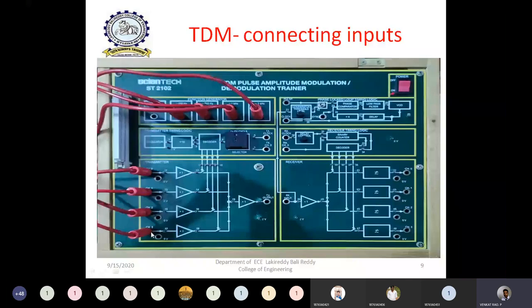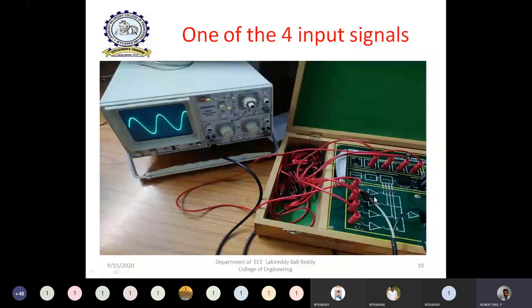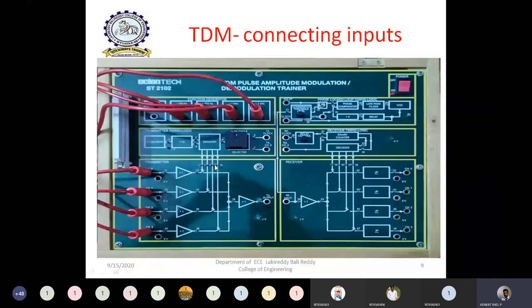Then if you observe any one of the inputs in the CRO, it will be a sine wave, because we are taking different sine waves having different amplitudes and different frequencies. For example, if you observe one input signal in the CRO, that is the wave. Now, where the clock pulse is, I already explained. At these particular points, a clock signal is generated, so that when the CRO probe is connected to this pin, you will observe the clock signal in the CRO.